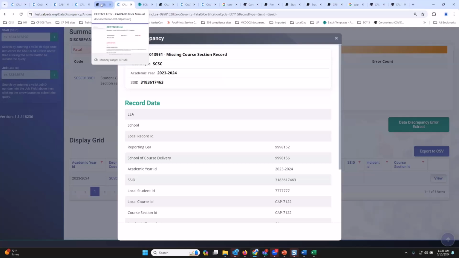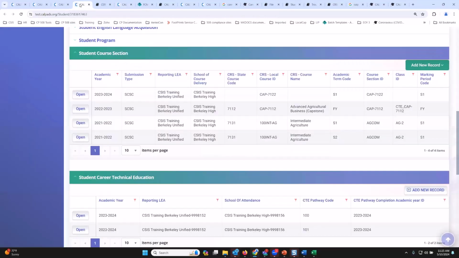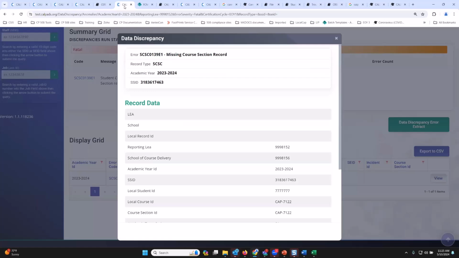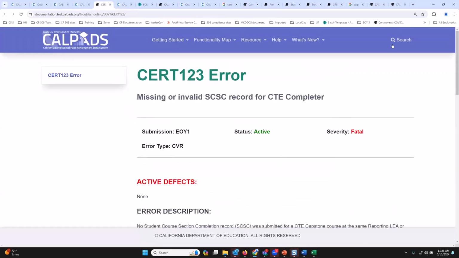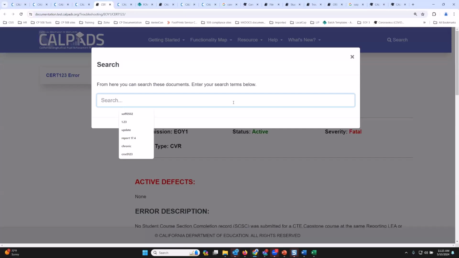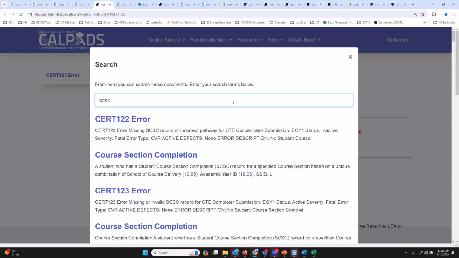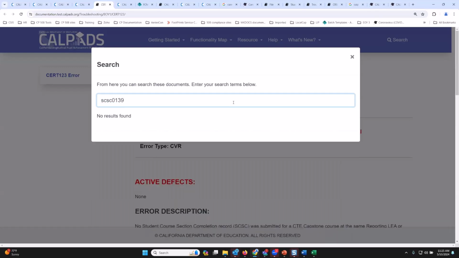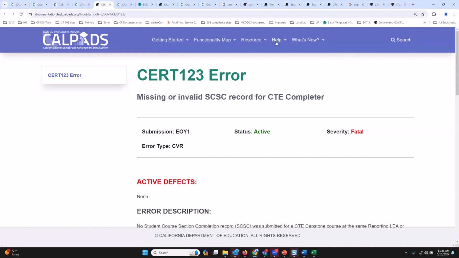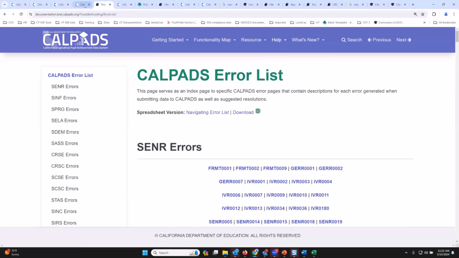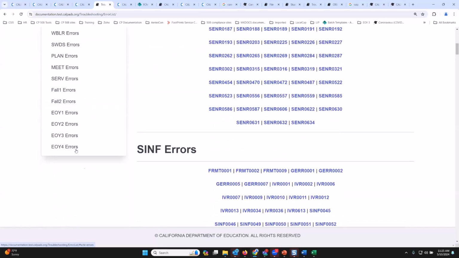We go back again to the error code and search SCSC 0139. No. Let me go back here, go to troubleshooting. Let's go to SCSC 139.